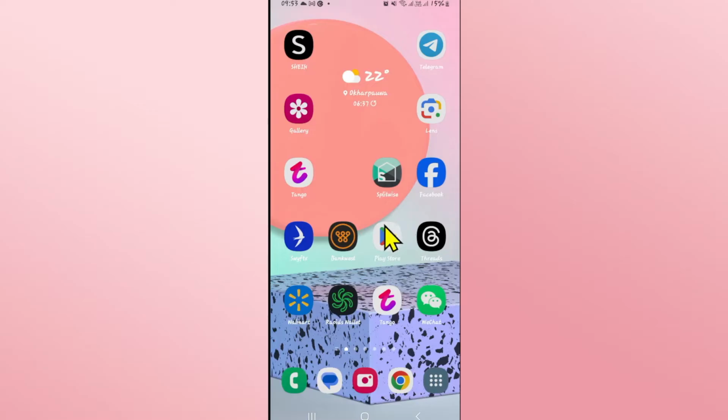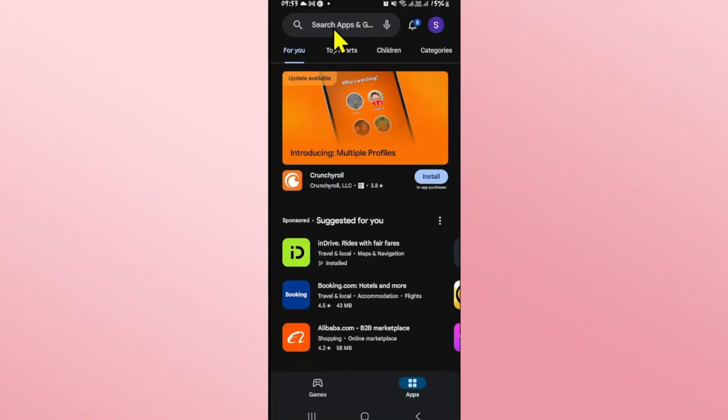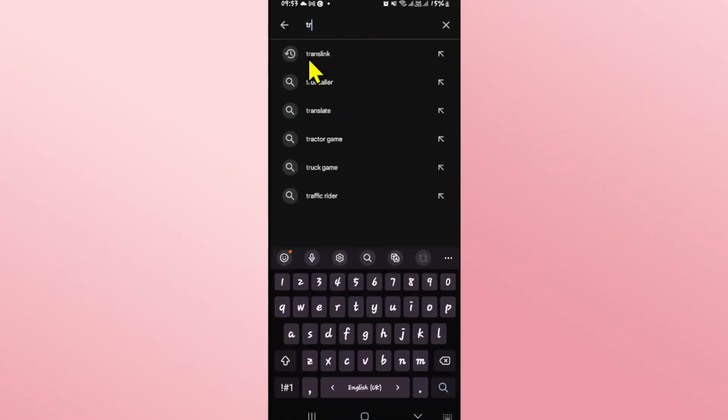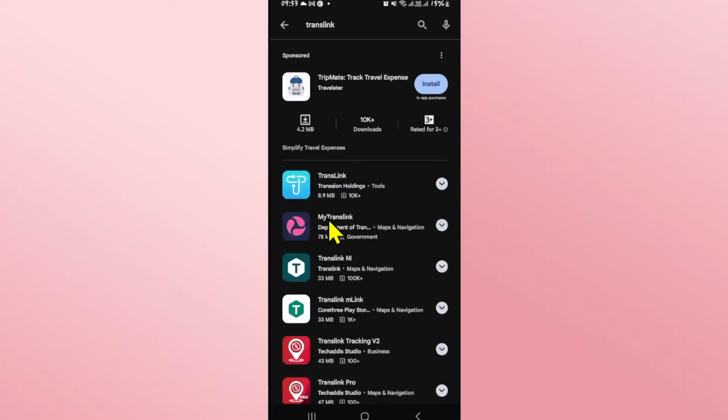First of all, open up the iOS App Store or the Google Play Store depending on your device. And once you open it up, tap on the search box and type in Translink and start your search. Once you find the My Translink application from the Department of Transport, just tap on it and you will see